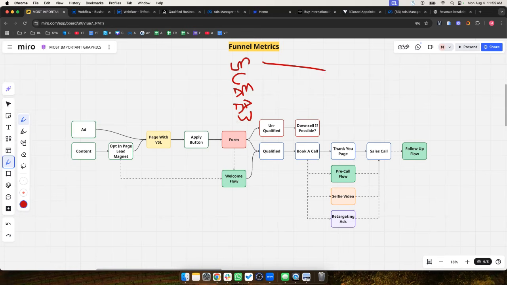But you got to start somewhere. Don't start doing all of them at once. You got to get one to, let's just say, 100K per month, and then you add a second one. If all of the funnels are profitable, you might as well run all of them. But it is difficult enough to get one funnel scaling, let alone all five at once. So you would just pick one at the start for sure.